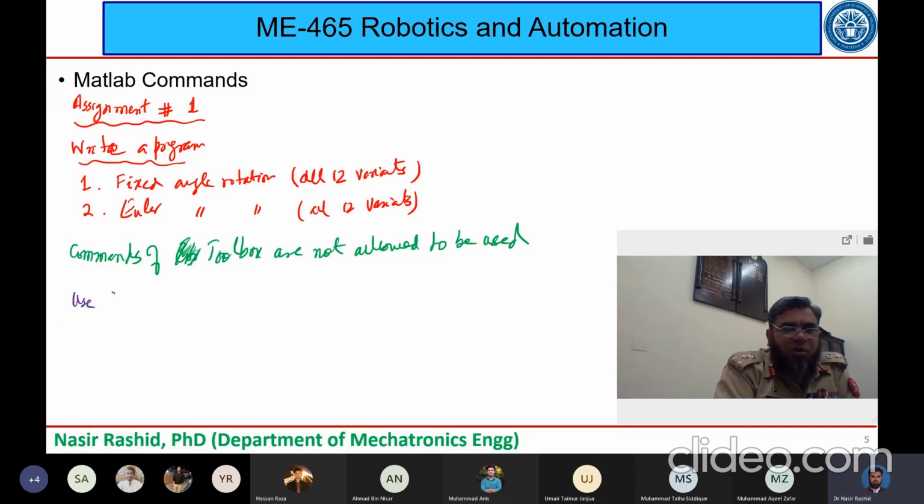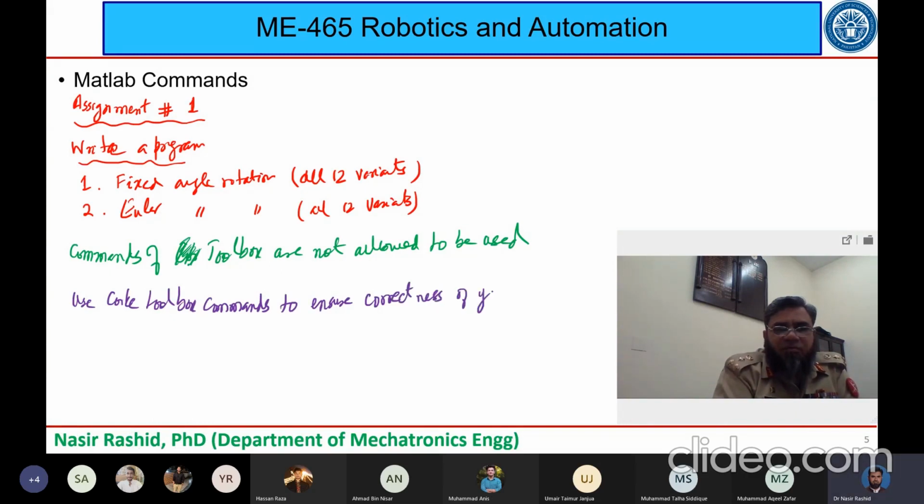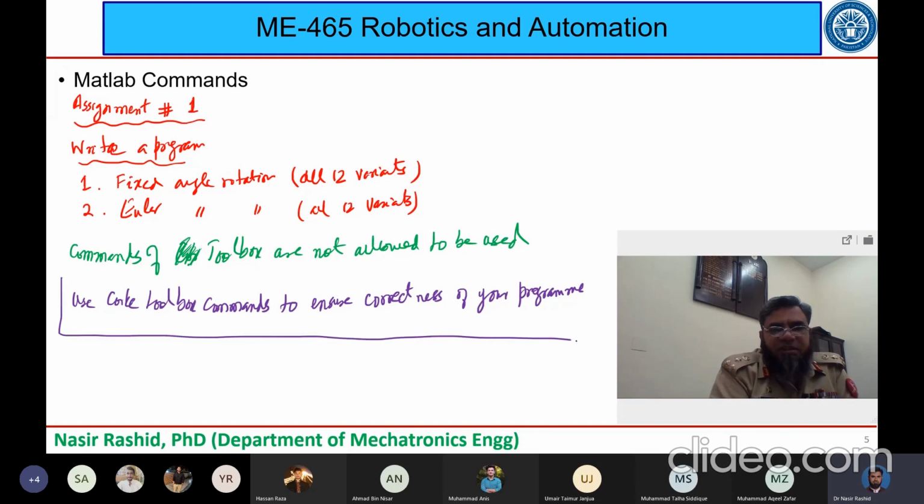You can then use your Corke toolbox commands to ensure correctness of your program. So actually, I would be using this